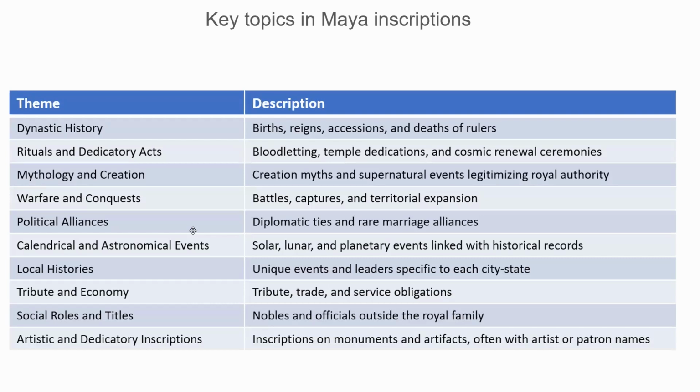We have warfare and conquests, also a big topic in the texts. If you go to London, two of the texts are concerning wars. And political alliances: you can reconstruct the whole political system based on these inscriptions. We have calendrical and astronomical events, local histories, and a few texts on tribute and economy. This is quite rare. We are mainly missing that information. It's difficult to reconstruct the classic Maya economy. We know that they paid tribute, that they had to pay tribute, but we don't know how much. We only have a few inscriptions naming, for example,